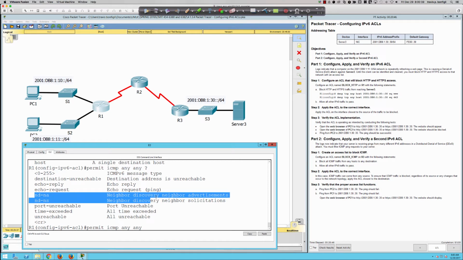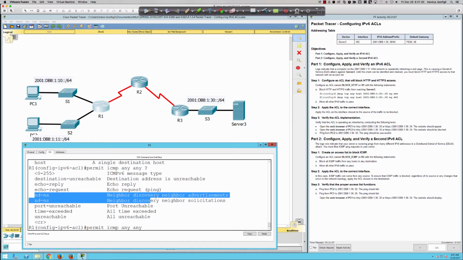Much different than IPv4 with the address resolution protocol, right? Because this uses ICMPv6. As you can see, that's why we had to give the permit command. And again, you do not have to type these commands in. So these three commands that I'm talking about, remember, this is a significant difference between IPv4 ACLs and IPv6